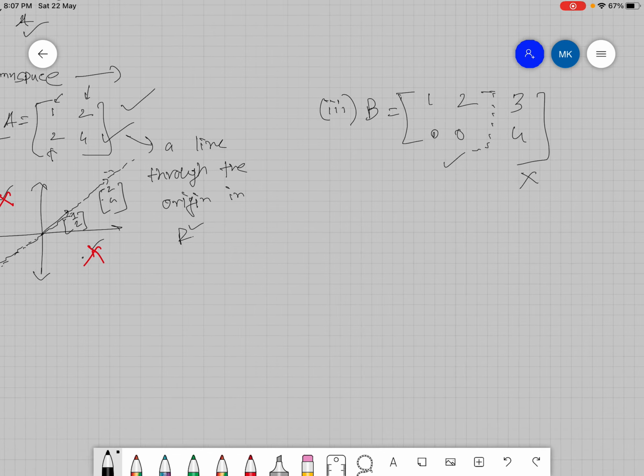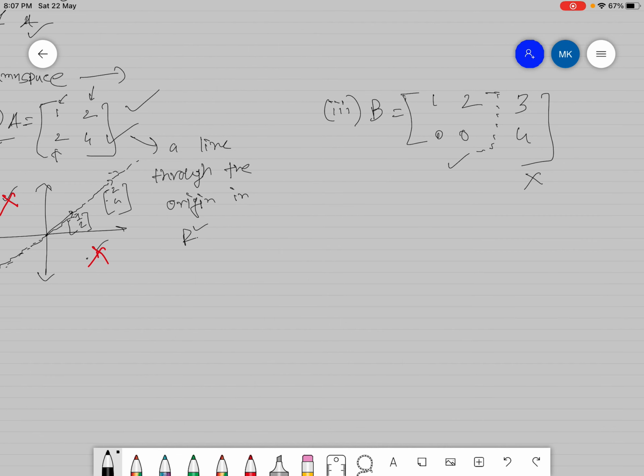So if we think about only this part, then we can get a column space like this. But as we can see, another column is added here. So by the help of these three columns,